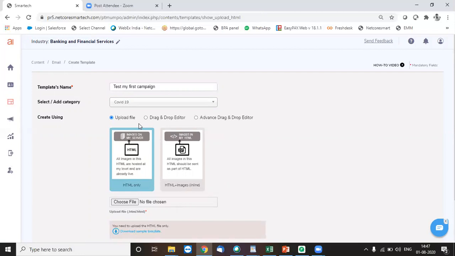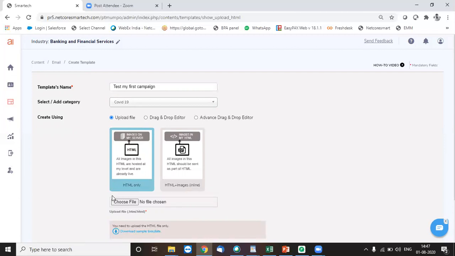Now here also we have two options. The first option basically is uploading a simple .html file, which has already inbuilt images, which we call hosted images. And in that we basically put a URL instead of an image location, and that basically takes comparatively less space in comparison with the other option that we have, where we actually upload the images.